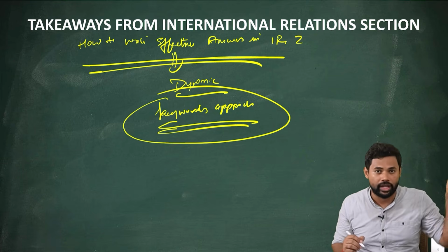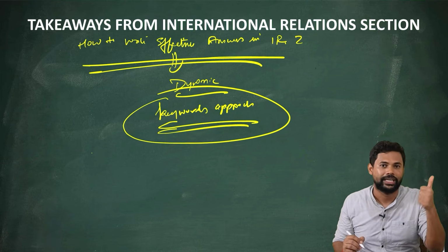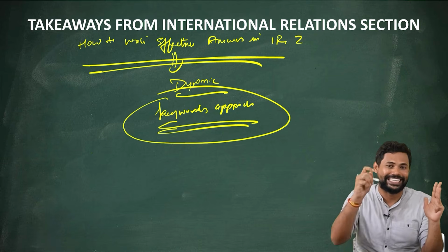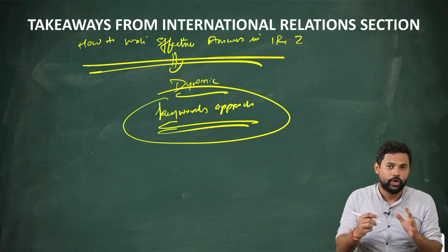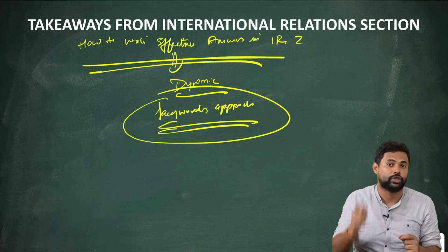And by looking at all the other videos, I am assuming that you people have already learned how to use the keywords approach in ethics, social justice and governance, society and geography. So today, I am going to teach you how to use this keywords approach in international relations. Now I will take the 4 questions and apply the keywords approach. Look how easy the question becomes for me to answer.